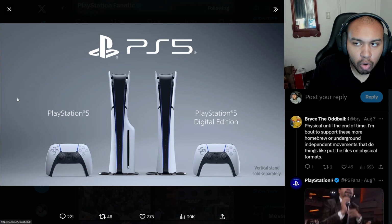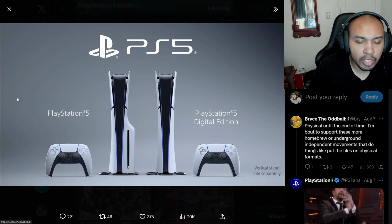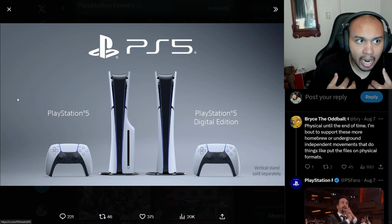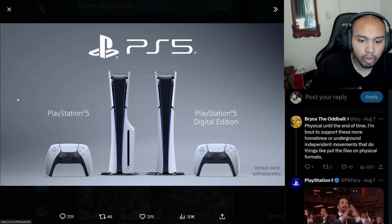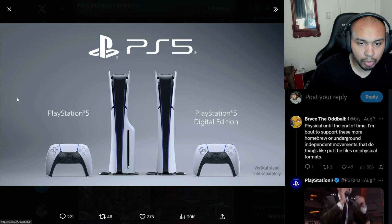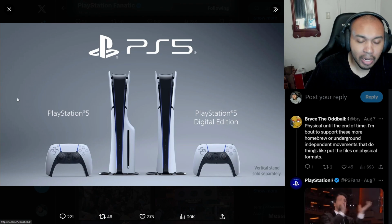Digital games or physical, which do you prefer? I'm going to try to keep it short and simple, but if I had to pick one, I would say I prefer physical titles over digital because for me personally, I'm very big on game preservation. I do believe that any video game title, whether it's from the past or in the present time, should be preserved for as long as humanly possible. And I think the best way to do so is to get physical copies of them,